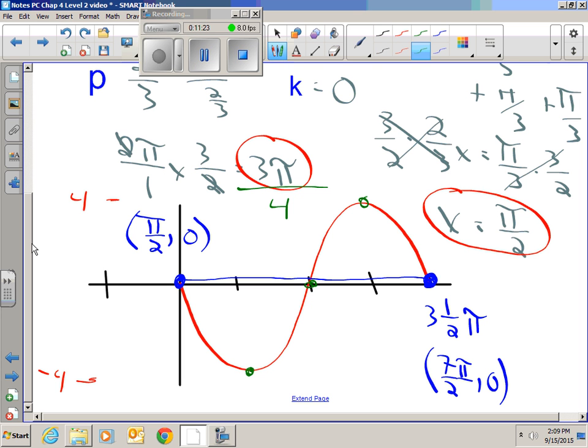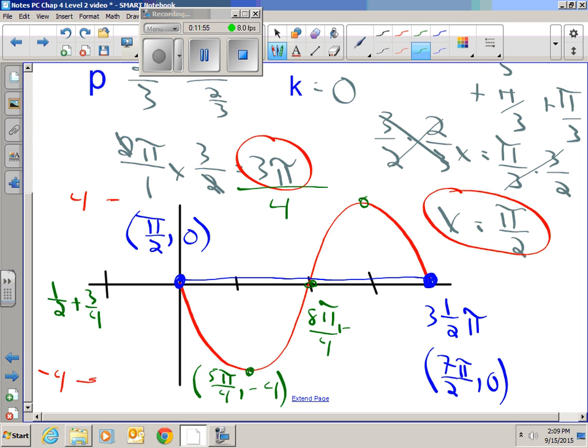We're going to do 1/2 pi plus 3/4 pi is going to be 5/4 pi. So this ordered pair right here is 5 pi over 4, comma, negative 4, because we go all the way down to negative 4. I'm going to add again 3/4 pi to that, so 5 pi over 4 plus 3 pi over 4 is 8 pi over 4,